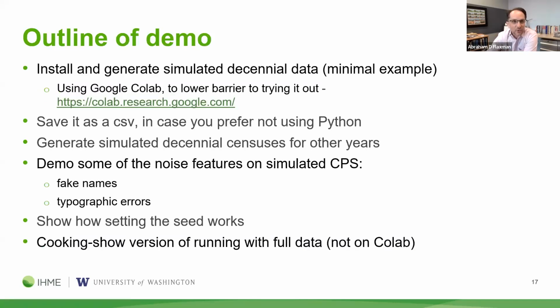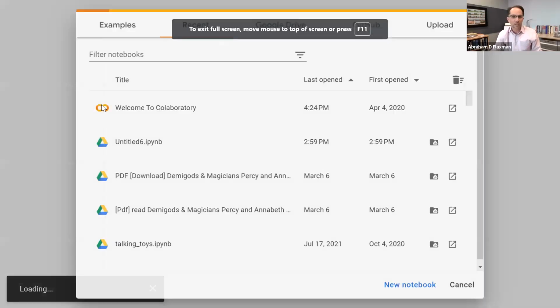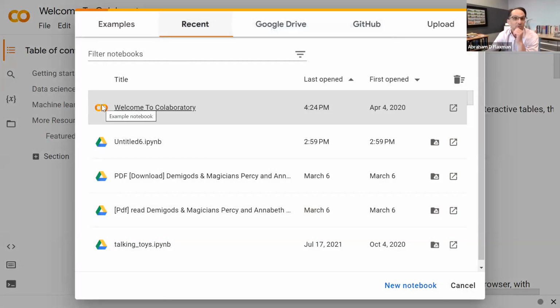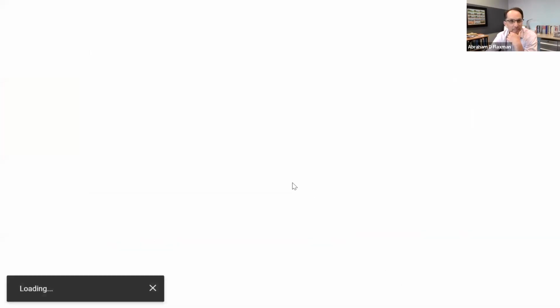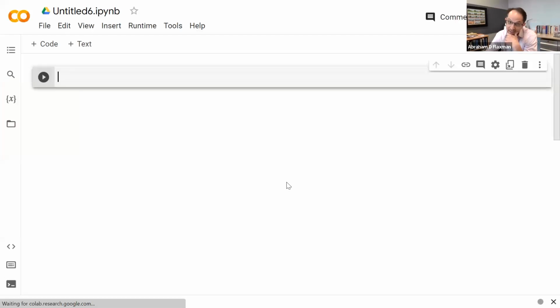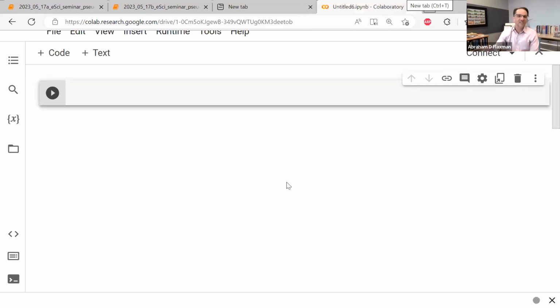And I've got this slide of notes about the outline for this demo. But if you want to follow along on your own, the important note here is I'm going to do it using Google Colab, so that people who don't have Python set up and still want to try it out have an easy way to try it. Go to colab.research.google.com if you want to do what I want to do. If you haven't used this thing before, this is an awesome resource. I'm just going to create a new notebook, and here I am with an interactive Python notebook.